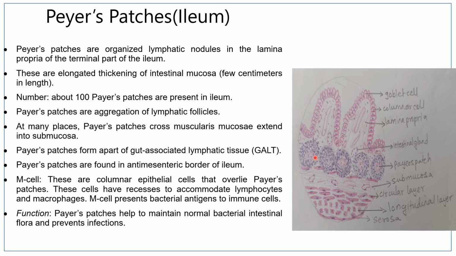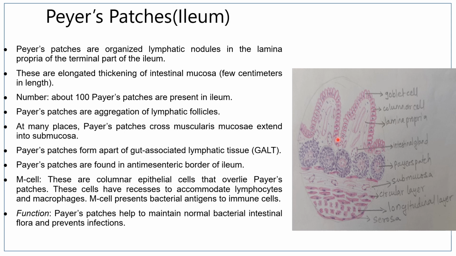There are about 100 Peyer's patches present in the ileum, and the Peyer's patches are present in lamina propria, but they may interrupt the muscularis layer and they may even invade the submucosa, and they are present in the antimesenteric border of the ileum. The M cells are the columnar cells that overlie the Peyer's patches, and these M cells